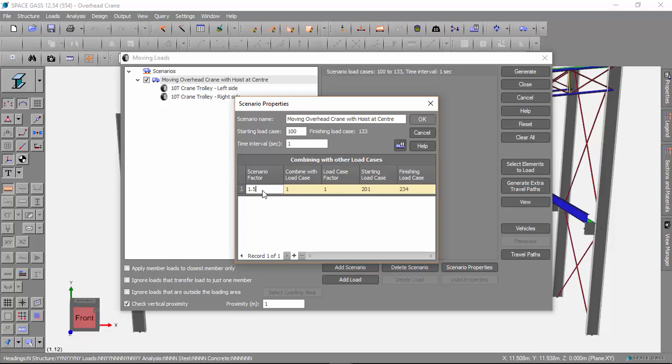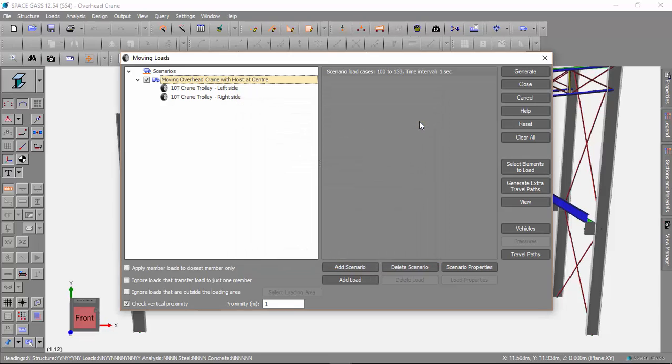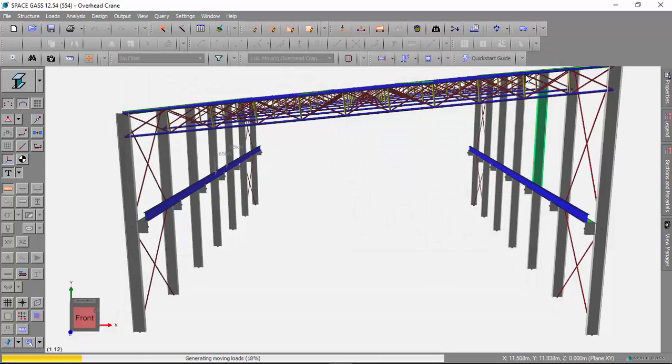So let's factor them by 1.5, and then combine them with load case 11 factored by 1, because load case 11 has already been factored to ultimate, so we don't want to further factor it up. And let's start this series of load cases at, let's say, 200. And then if we generate those,